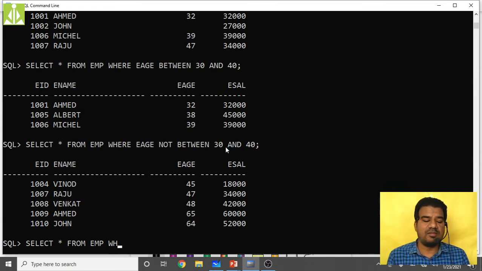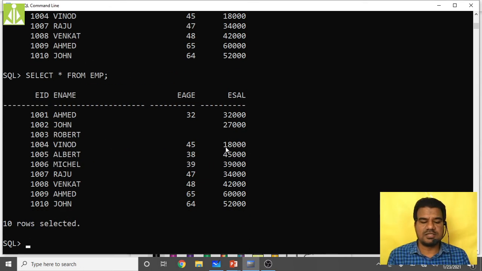Before framing this, I just want to print the entire table to have clarity. Select star from employee. I have 10 records in my employee table. In this, I want to retrieve all the names starting with the letter A. So select star from emp where ename like A modulus. The modulus will ignore the rest of the characters, and A will match only with the first letter.